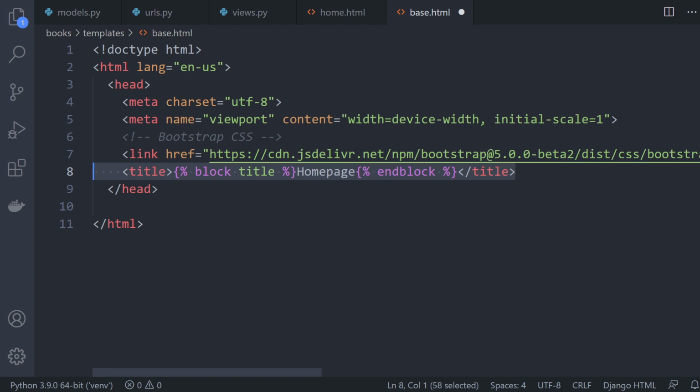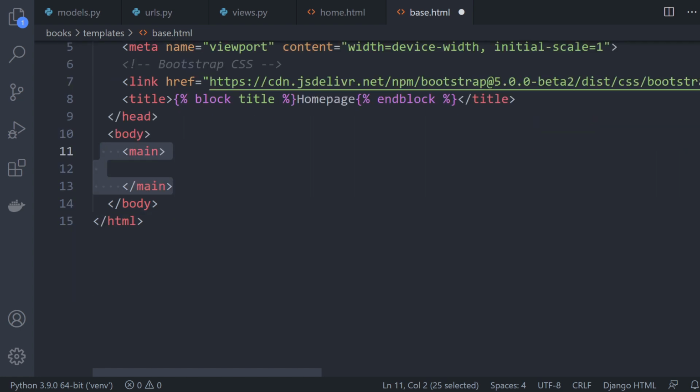I'm adding a block here for the title because this is going to be overridden on other pages. A block allows me to override this, being that I'm going to import or utilize this base class within all the templates. So I've got my block title for that. The default is going to be called homepage, and anything that I include on other pages will override the text here. So that's my title. Then I've got my body tags, and then I'm going to put everything within the main